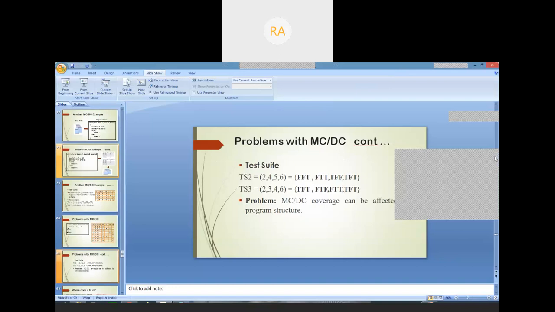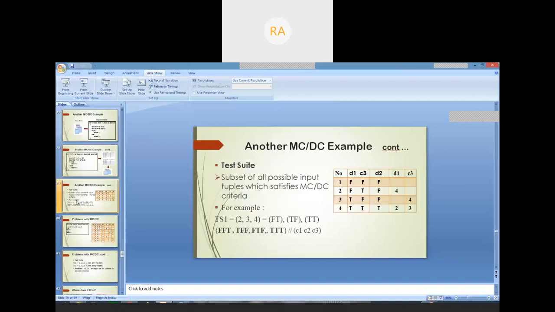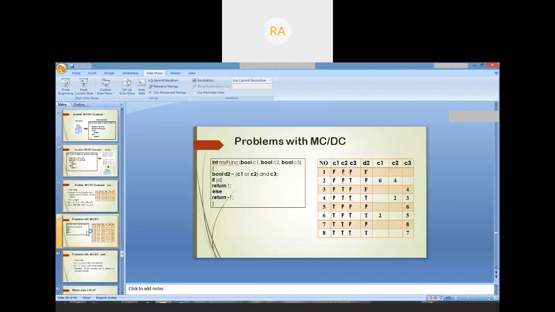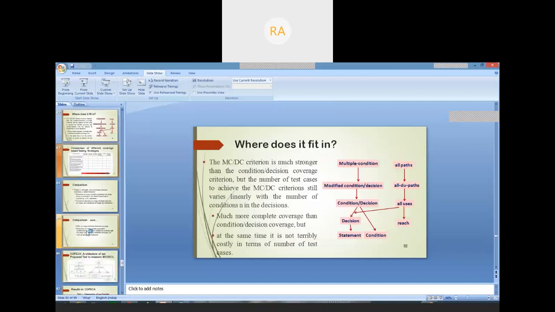Okay, as such, numericals we are not going to ask, but a little bit simple example can be asked on this. Okay, not a complex numerical problem, but a simple one can be asked for application of this MCDC coverage. Okay, this is one example we have gone through. You can take it up and try to solve this.